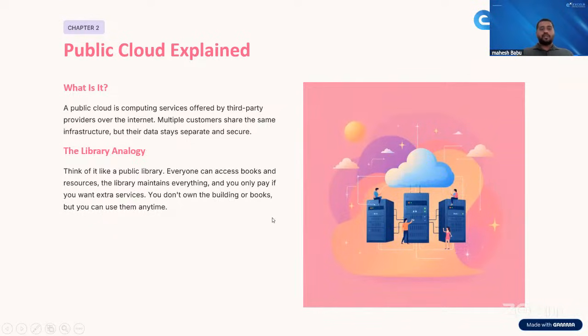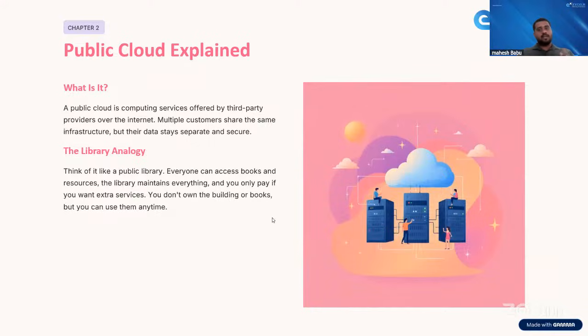A public cloud is computing services offered by third party providers over the internet, and multiple customers share the same infrastructure. When you say multiple customers, you can also get access to the cloud, I can also get access, everybody is able to get access to the cloud infrastructure. That's why it is a public cloud, because the public cloud is completely managed and maintained by the cloud provider.